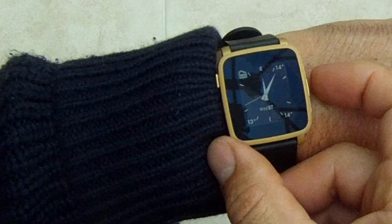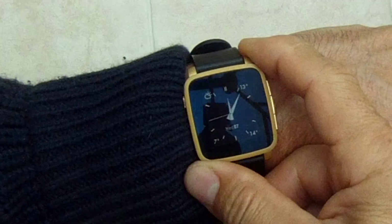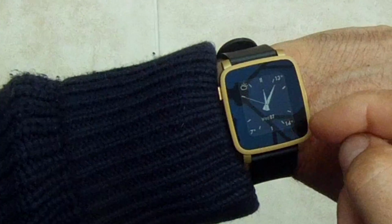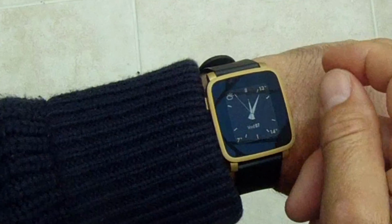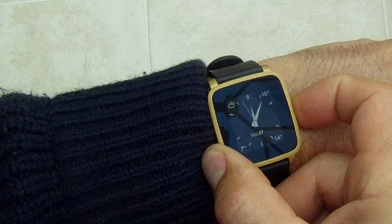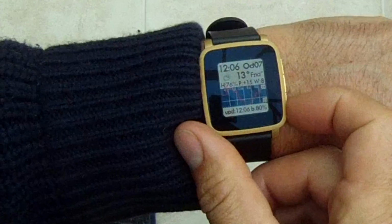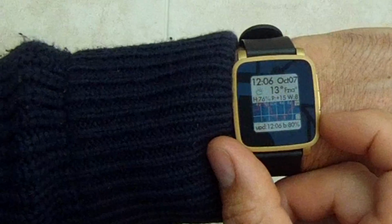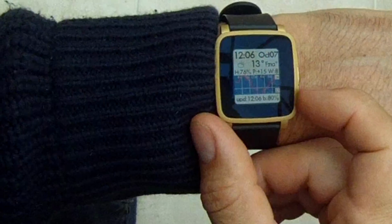And what have we got? This one. Oh, there's another somewhat older but quite nice watch face that I used on my original Pebble. Has temperature at different times of the day, rough weather. Does it give anything else? I think it does. How do we do it? There we go. And so now gives you a graph, I think, of the temperature throughout the day, battery